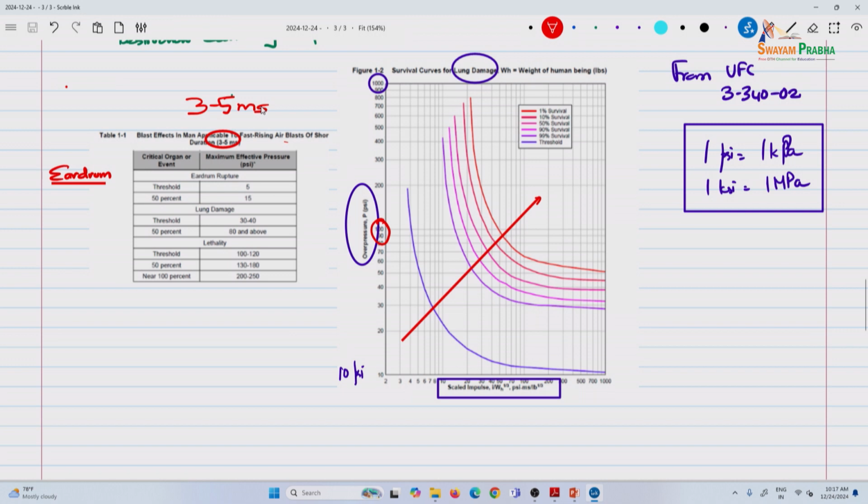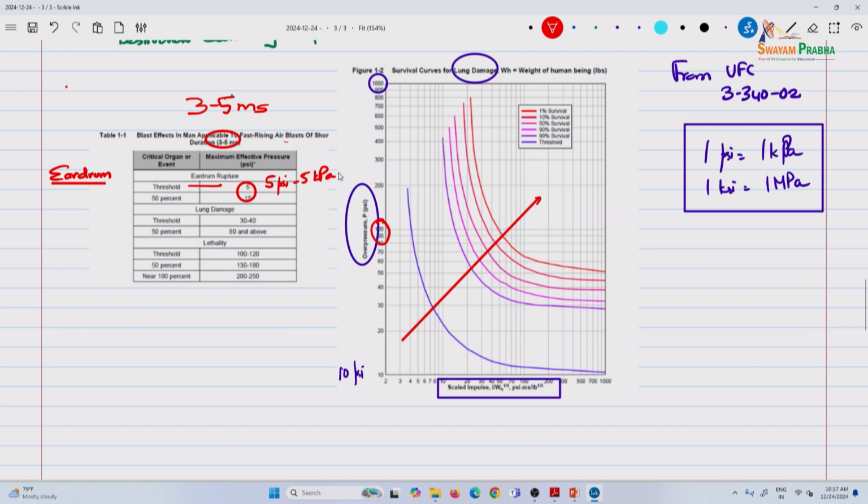not valid. Which means this is more for maybe a hand grenade type, or a soldier who is there. Pay attention to what I am trying to say here: pay attention to the time of the explosive, the pressures also. That is an important consideration. So, given that 5 psi is the threshold,